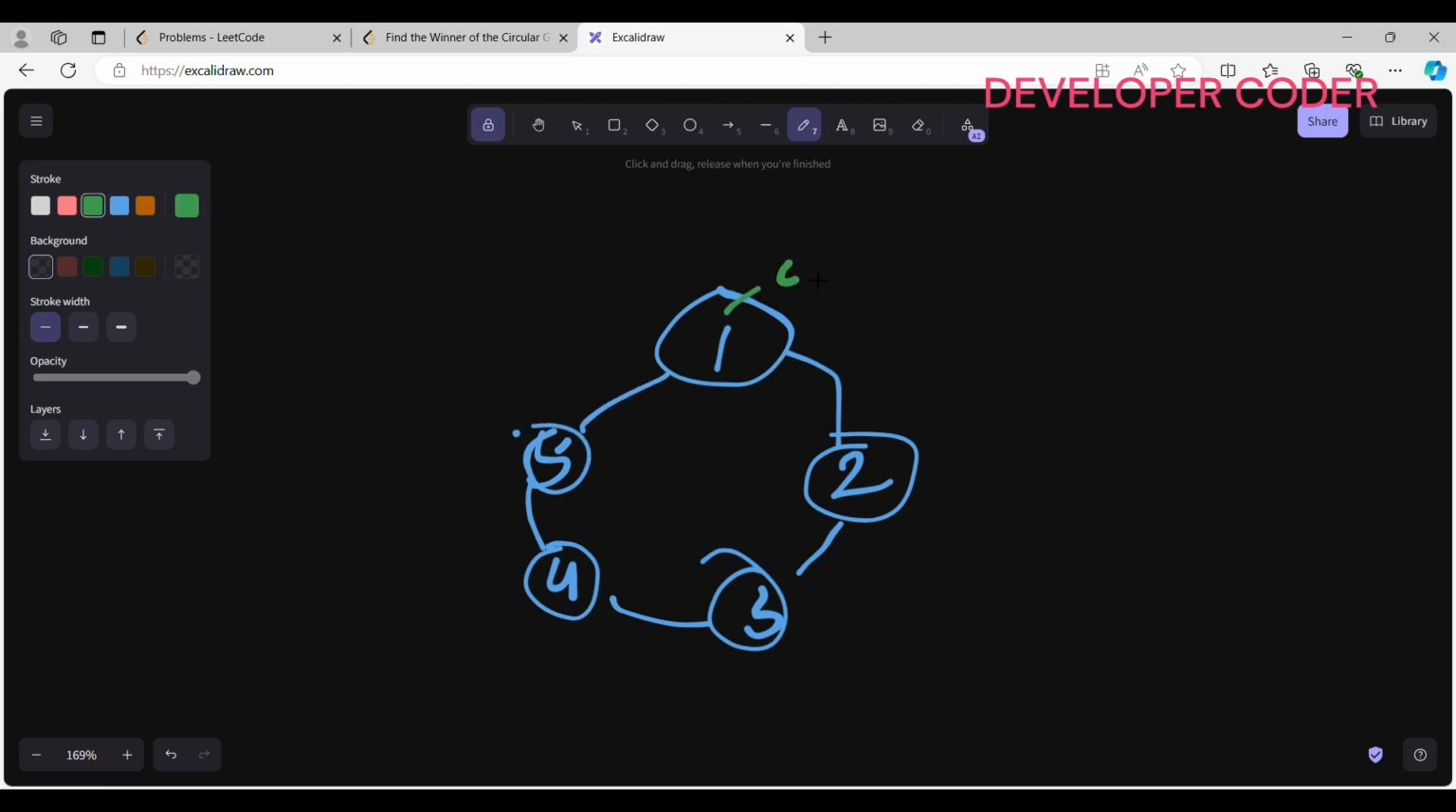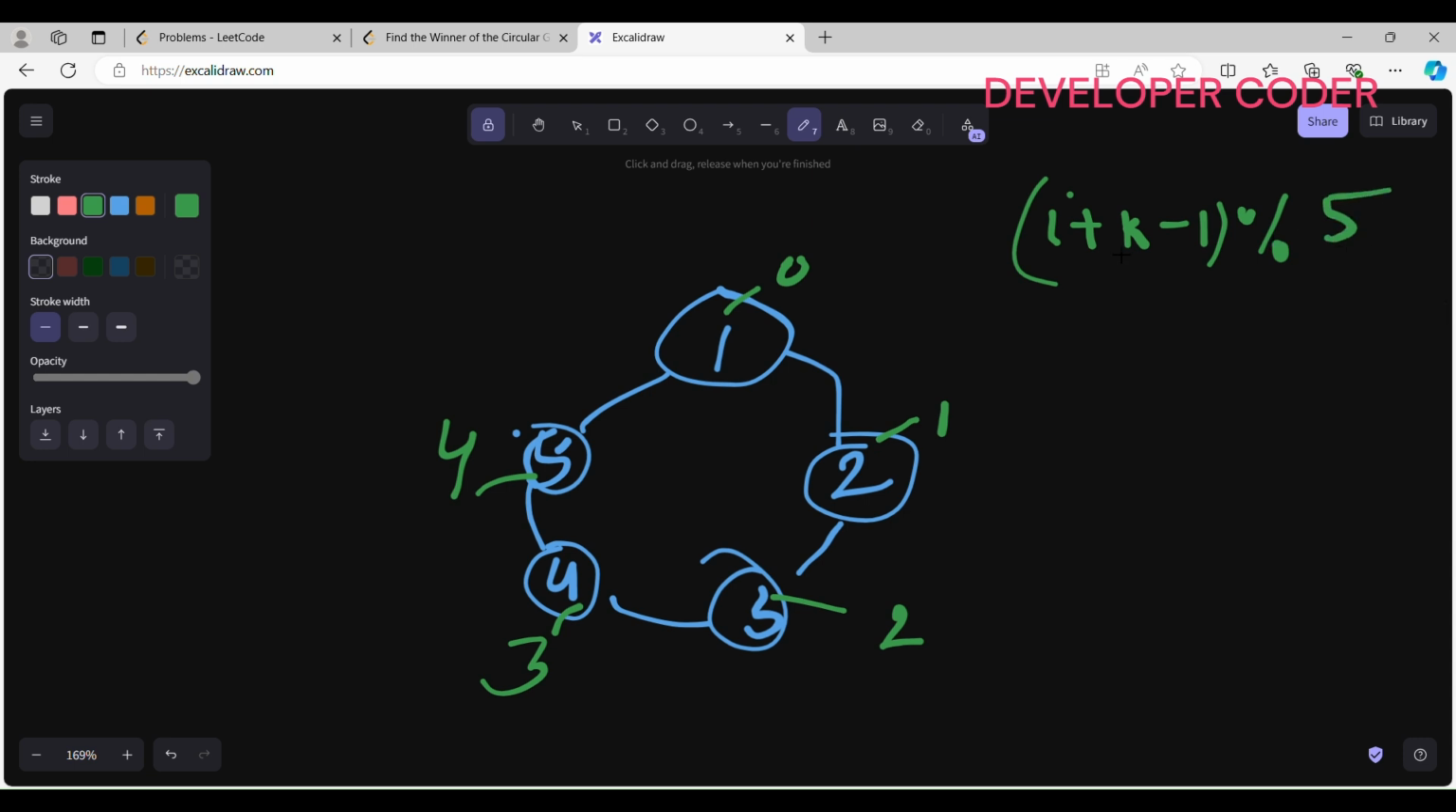So this is my index 0, this is my index 1, this is index 2, this is index 3, and this is index number 4. Now I have to apply this formula: i plus k minus 1, modulus with my array list dot size. Right now the size is 5, so 0 plus k value 2, so 2 minus 1 is 1, 1 modulus with 5 is 1, so